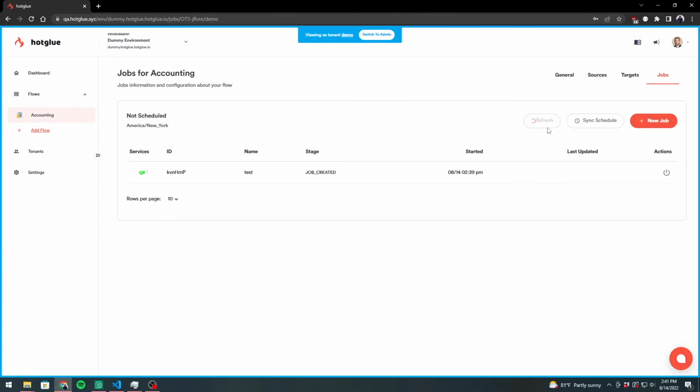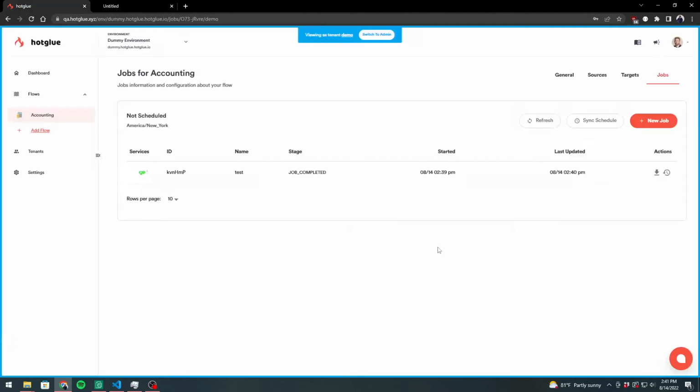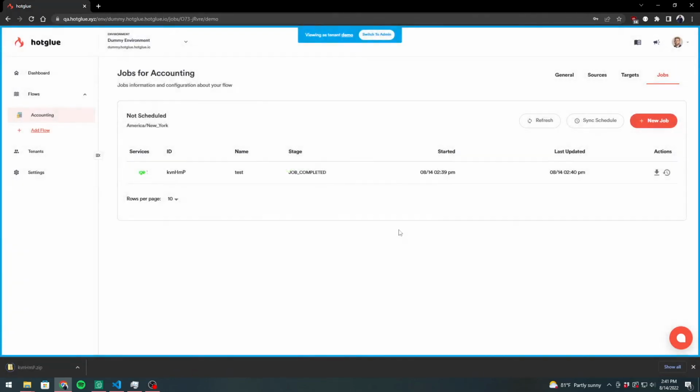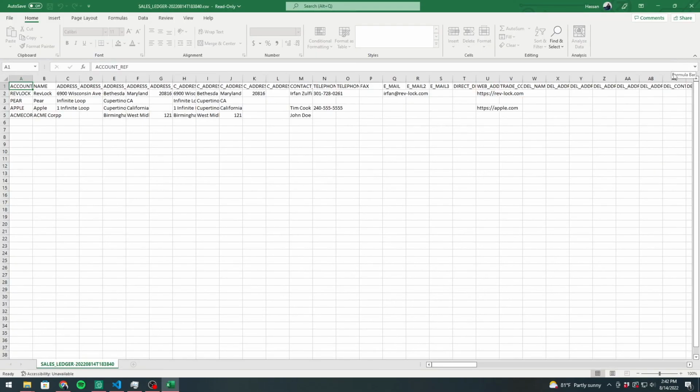All right, and we're back. The job has completed. And what I'm going to do is download the data that this job produced. So the data has been downloaded as a zip file, and I'm going to open this up. You can see there's a sync output folder, which is the data that came out of Sage 50, and this sales ledger Excel file